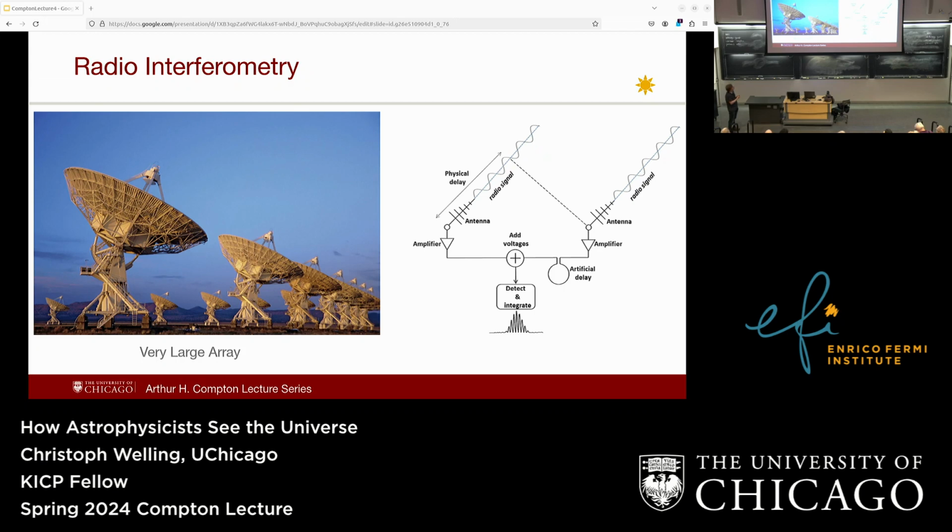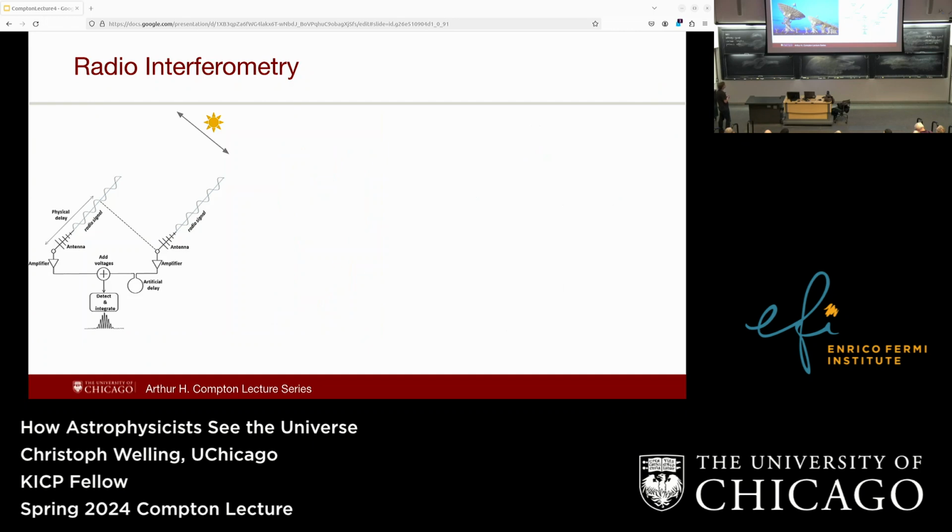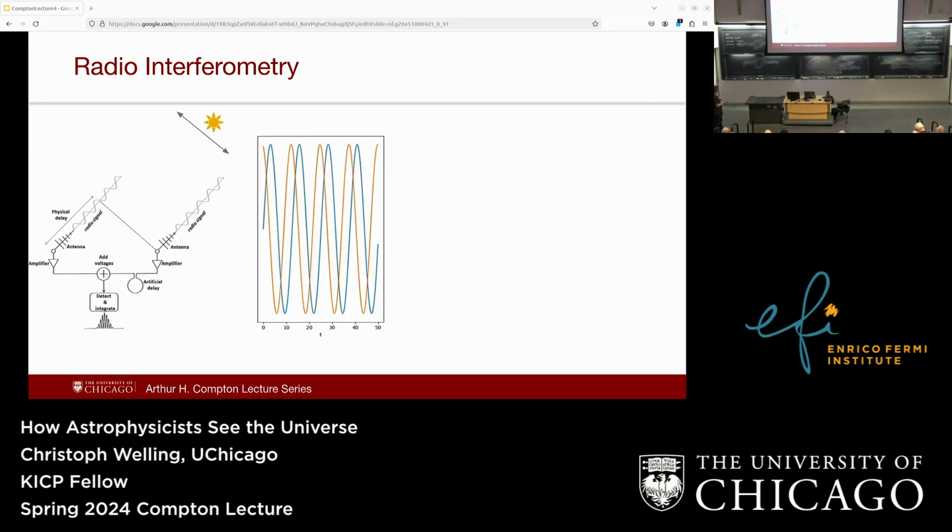So my source is here. Then the radio signal is going to arrive at this antenna a bit earlier than at this one, right? Now, if I filter my radio signal so I have a very specific frequency, then depending on where exactly the source is, there's going to be some time shift between these two radio signals. Imagine the blue one is the signal at one of these antennas, and the orange one is the signal you get at the other antenna. If you move the source, these are going to get shifted relative to each other.